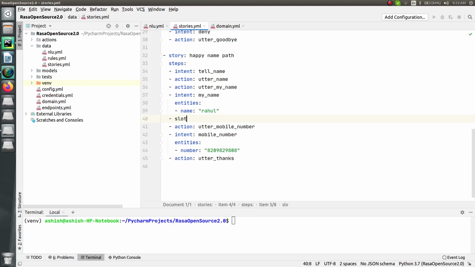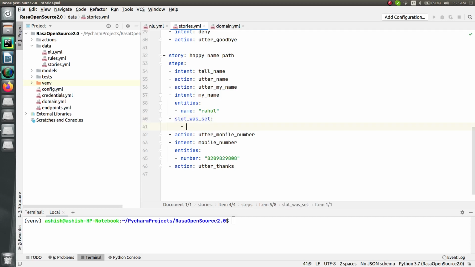Just type slot_was_set and press enter, and in here you have to add the name of your slot in which you want to store the value. For the name part, I have taken name itself.